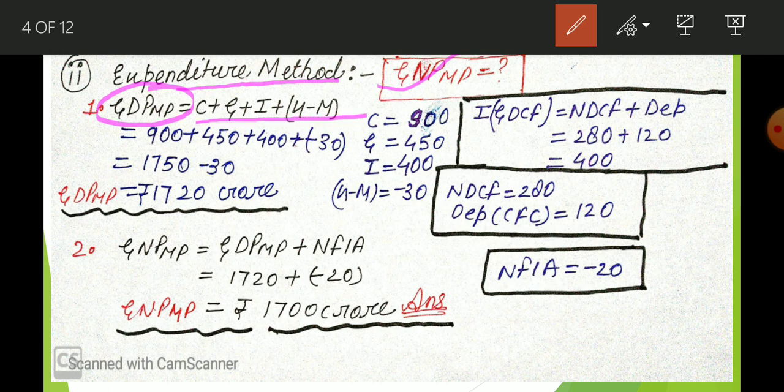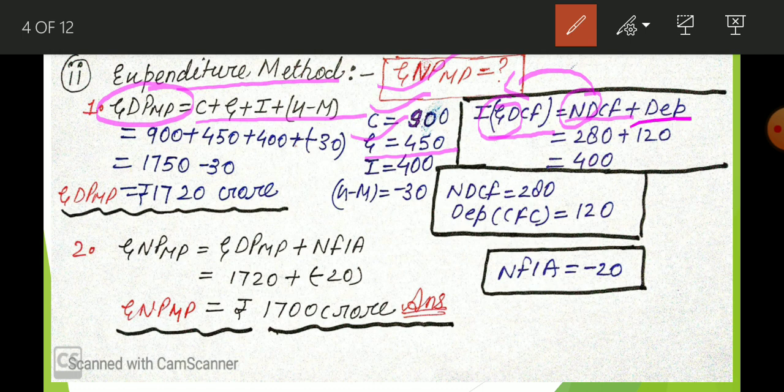Okay, C, the private final consumption expenditure, is given 900. Government final consumption expenditure is given 450. Now I is not given. I stands for gross domestic capital formation. In the question it is given net domestic capital formation. So whenever you have net, and I stands for gross, when you move from net to gross, you